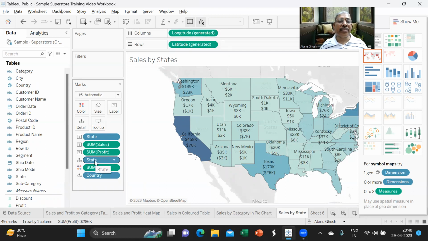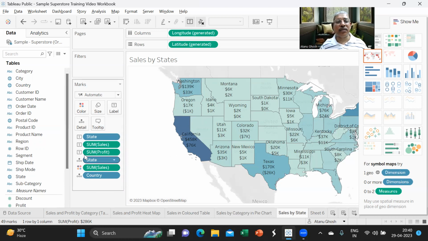And it has taken the state in the size and sales in the color. And it has taken country also, because it needs to know which country the states belong to. And this we did when we adjusted the column. And the rest of it, it has put in the text.